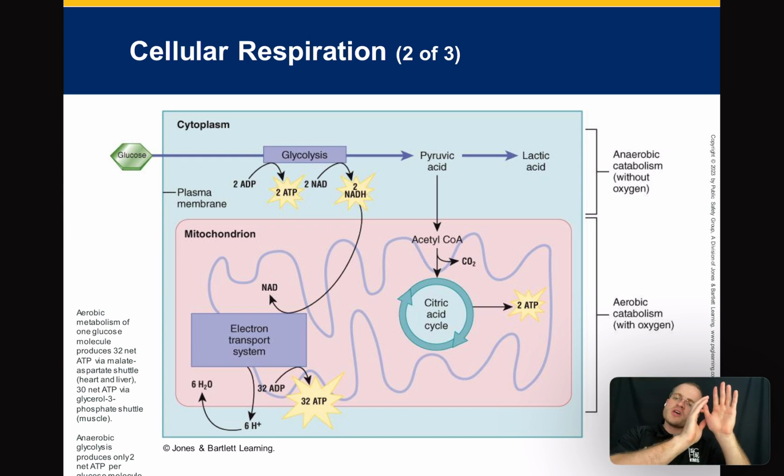Now, what happens is glucose enters the cell into the cytoplasm. That's fine. And there's this thing that takes place. It's kind of complicated, called glycolysis. Let's break down that word, glycolysis. Glyco, glucose, which is a sugar. Lysis means to split or to cut. So we're kind of chunking up some glucose, okay? And the byproduct of this reaction is something called pyruvic acid, okay? And in this anaerobic process that's taking place in the cytoplasm called glycolysis,